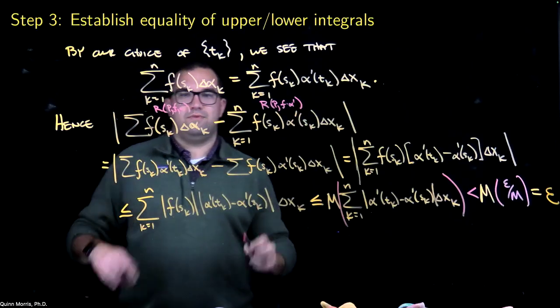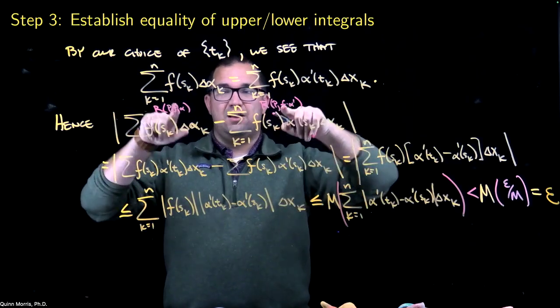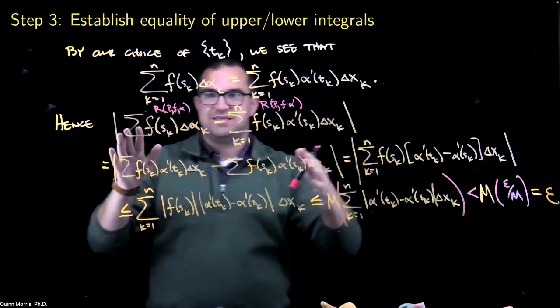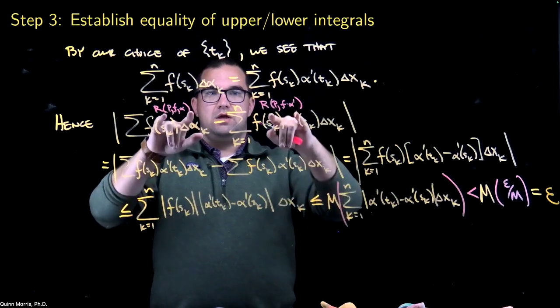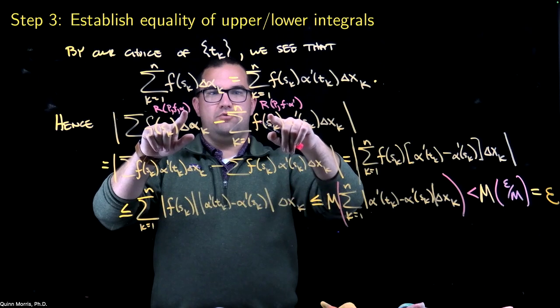Okay. So what we've really done is we've shown that for any set of tags, because these SK were just arbitrary tags. So for any set of tags, the Riemann-Stieltjes sum of F with respect to alpha over this